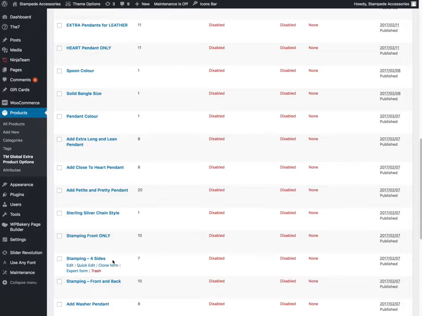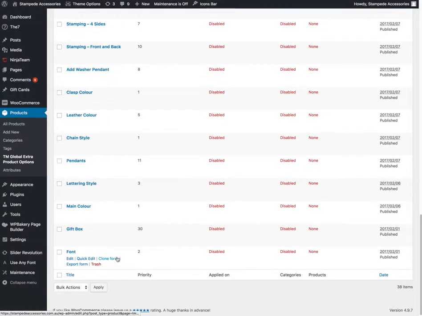So for example, the options where they can add an extra pendant and then an extra one again, it can be a bit time consuming when you have to add in those extra fonts quite a number of times. But how we do it is we just hover over and click edit